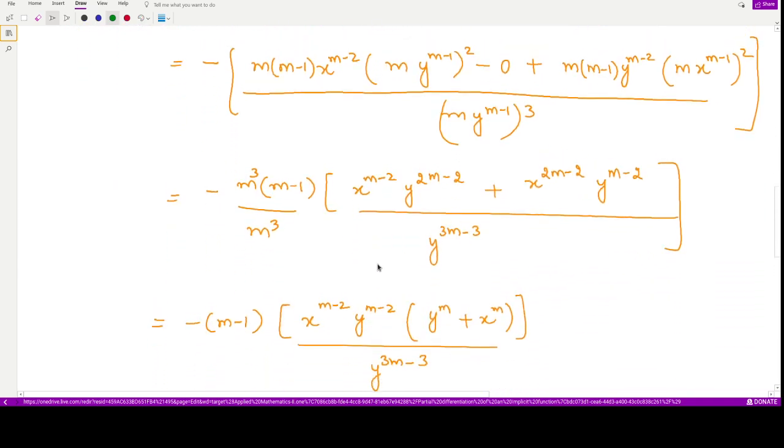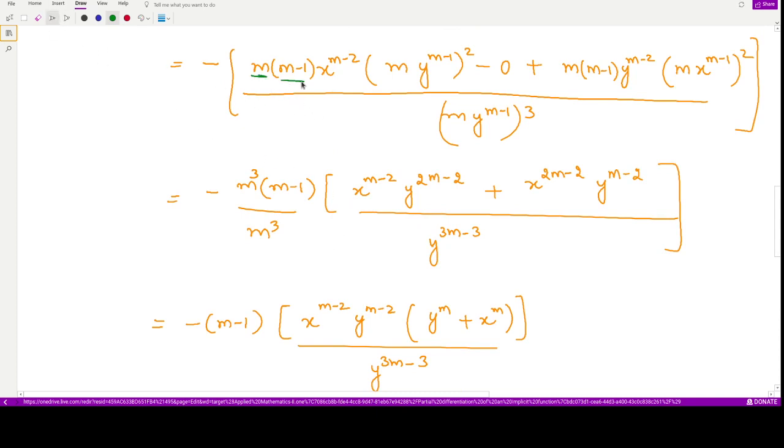So you have an expression of this kind. Now the task remaining is you just have to simplify the given terms. You'd see m minus 1 is present here and m cube. So we can take all these factors common, or out from the bracket. So this term cancels with this one, and you are left with minus m minus 1. The terms which are remaining are x to the power m minus 2, that is here, and then y to the power m minus 1 to the power 2. So the powers multiply here.